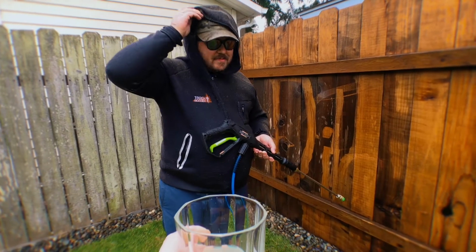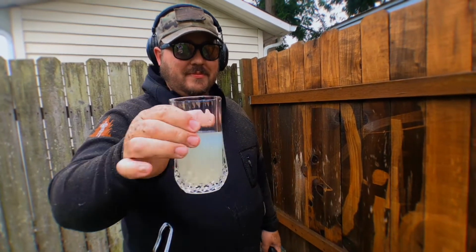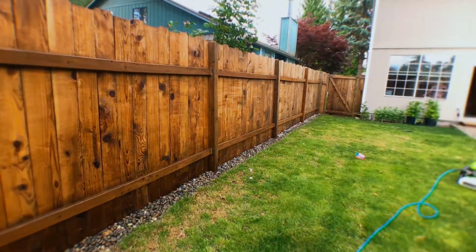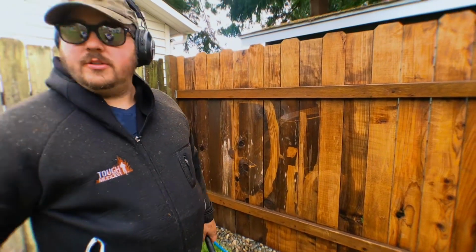You're dripping with water now. I'm a little wet. Yes, you are. Some lemonade. Thank you. You're welcome. It's looking good. Yep. You've done quite a few feet of this fence. I'm gonna try and at least get